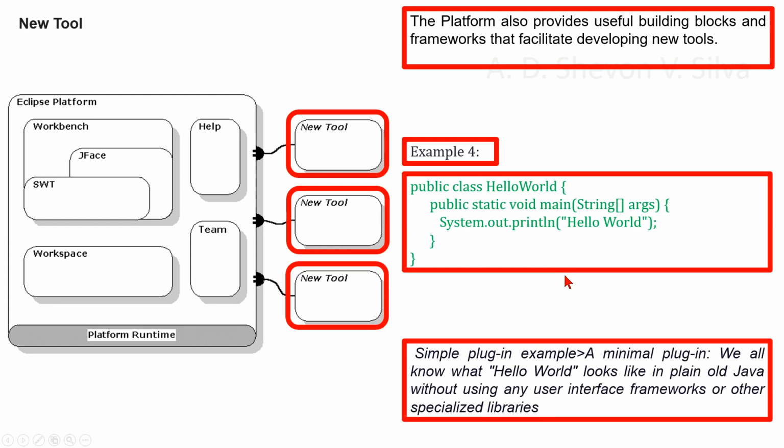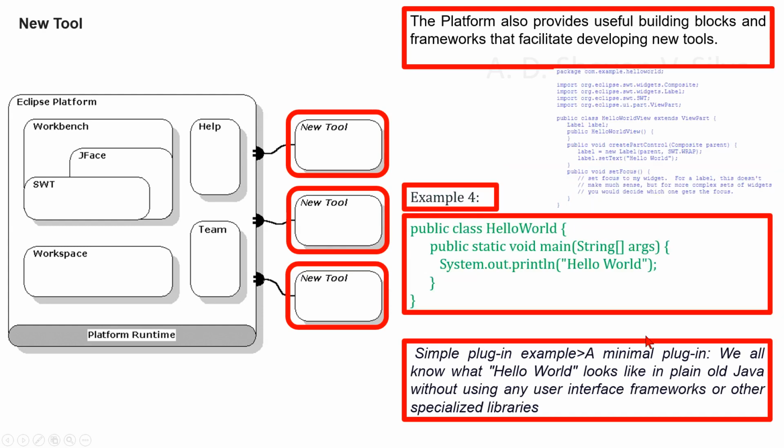Now we are considering a minimal plugin, a simple plugin example. We all know what Hello World looks like in plain old Java without using any user interface frameworks or other specialized libraries. What happens to this old standard in the context of the Eclipse platform? Instead of